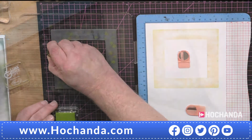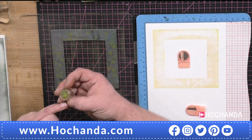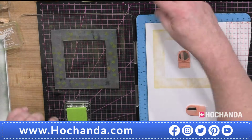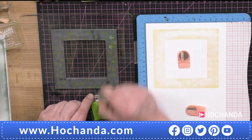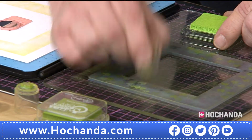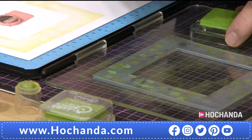Not for us anyway. What I'm going to do is, I've put the sort of maple type leaf on with that one. I'm going to grab this appley green, and I'll get that little fir one that we put on earlier, and all I'm doing is stamping this around 2 corners, really simply. And the difference is, because the media plate is made from this polymer,